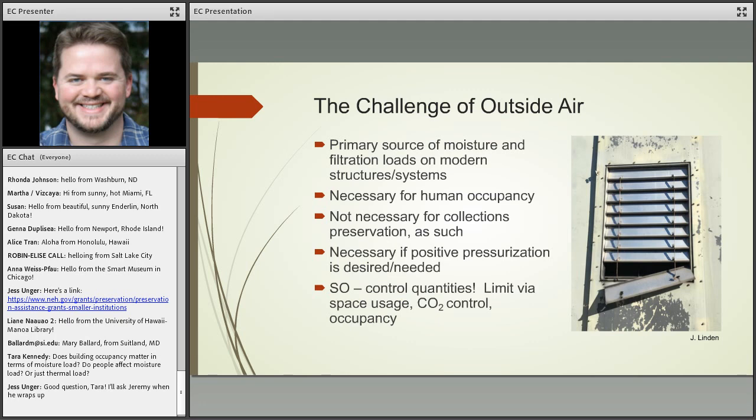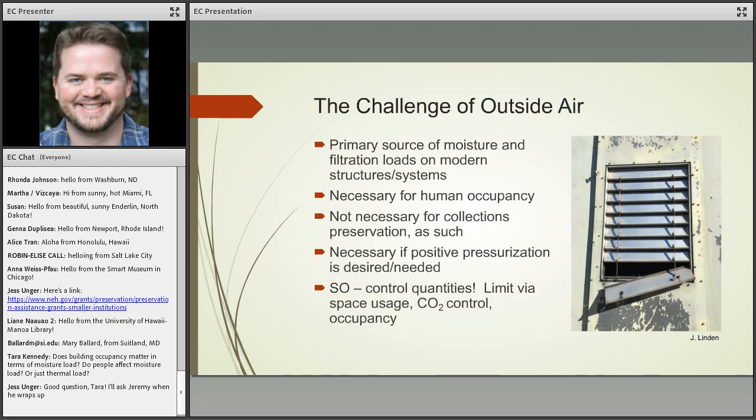Well, I think it's fair enough for all of us to recognize that the goal of interior environmental control in mechanical systems is really to control what we want for temperature and relative humidity, because the outdoors doesn't give it to us naturally. So when we're worried about moisture and thinking about what the impact of outside air is, we recognize